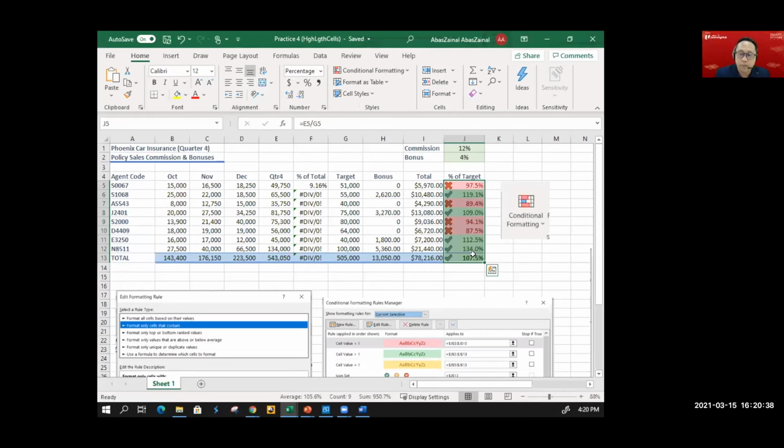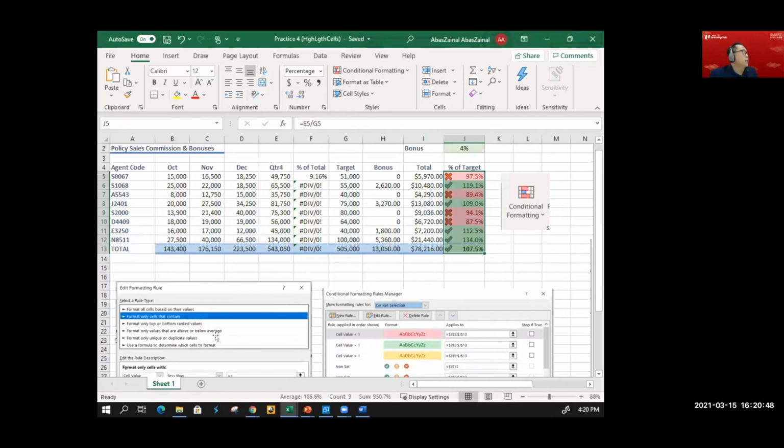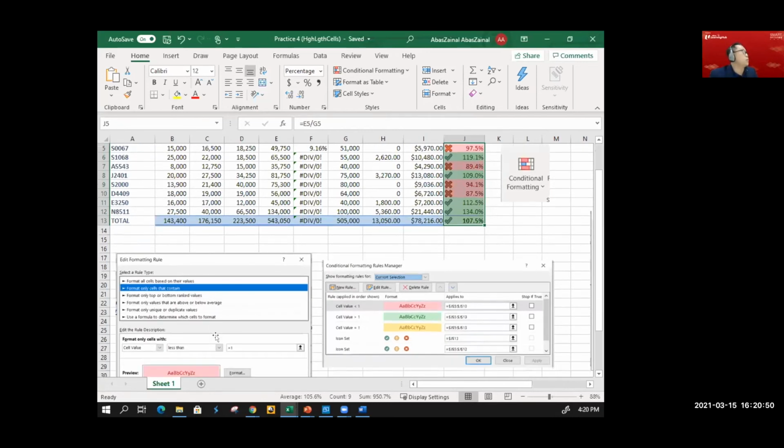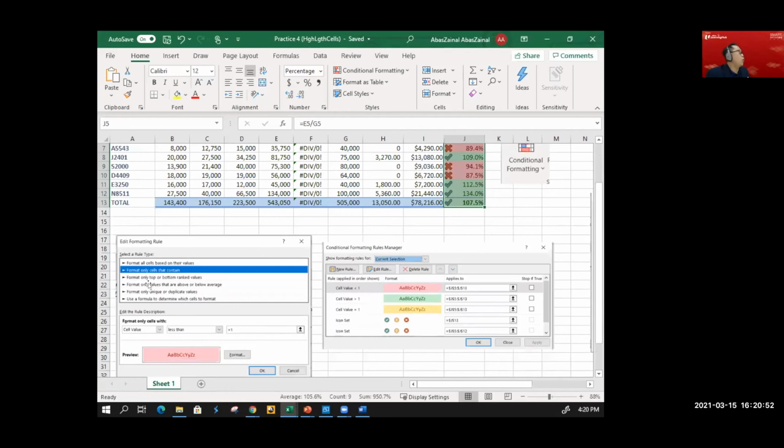Second, you need to look for conditional formatting. After that, the next step is to select the line that says "format only cells that contain." The second line.